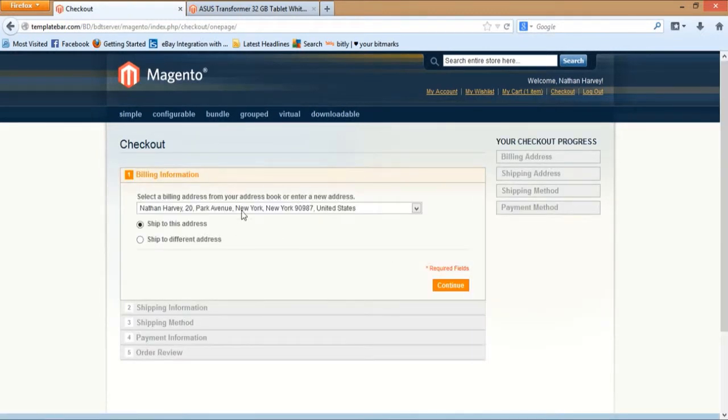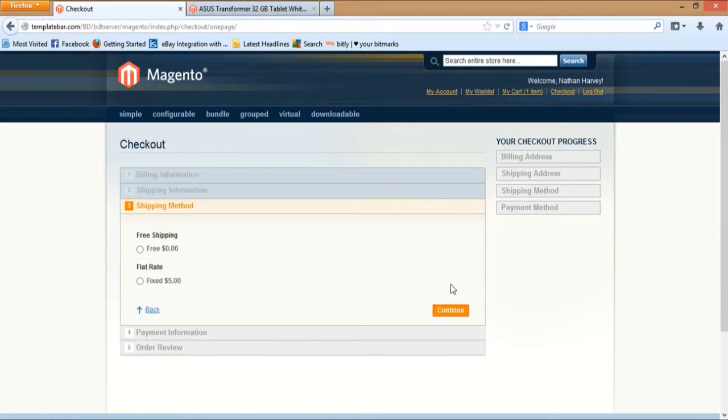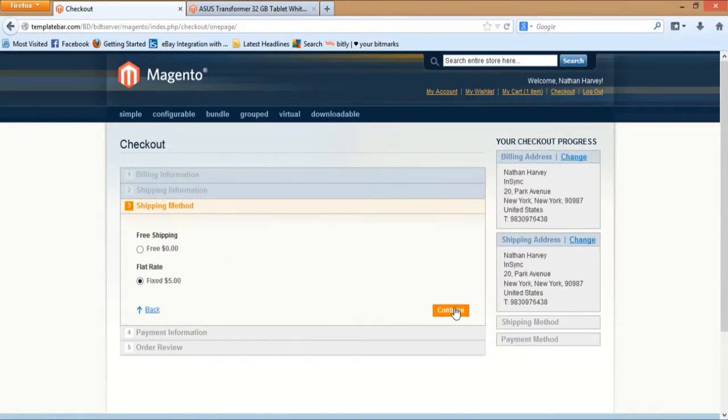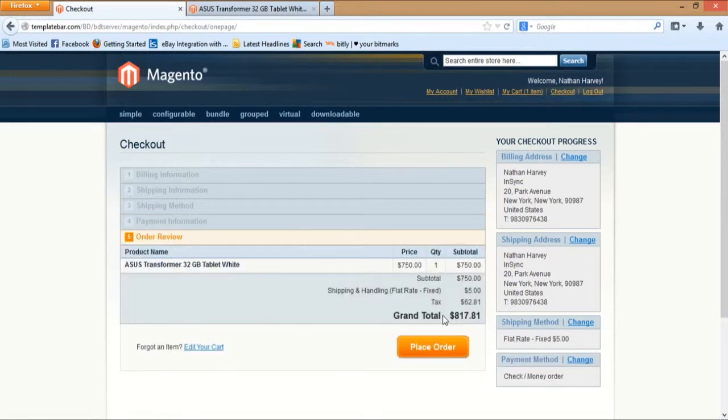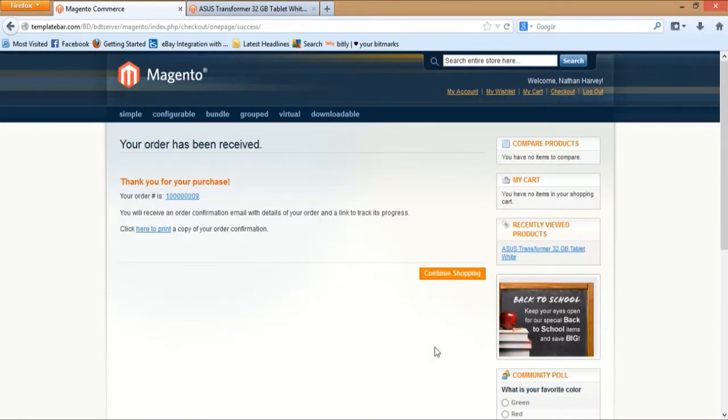So here I have many options, but let's stick to the default billing shipping address which I have already entered. I'll choose a flat rate shipping charge for this order. This is a demo environment, so I need to stick with the manual payment methods, the offline payments, but SBI Connect fully supports the payment gateways that are available within Magento e-commerce as well as third-party payment gateways. So here I can see the details. Some tax has been calculated and some shipping charges have been applied. I'll click on the place order button. Order has been placed. Now if I move to the SAP server, I can check that sales order.